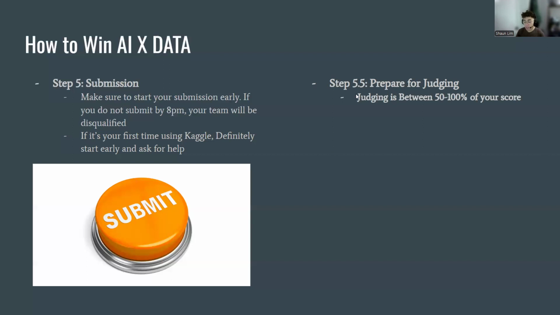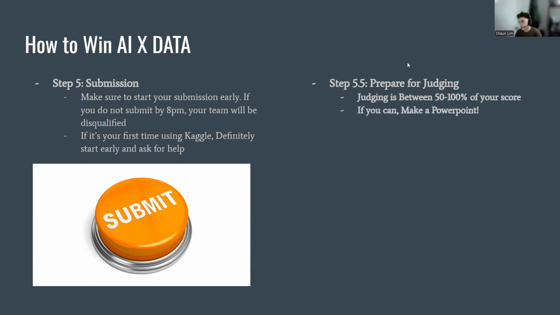Because if you didn't know, depending on which pillar you did, and this is some really important information, judging is going to be 50% to 100% of how we grade what you did. So judging is really important, especially if you want to win some of the prizes that we have. So you really should prepare for judging. If you worked hard on a model and your model is amazing, but then you have nothing to show for it, and you can't show your visualizations and stuff like that, that's a problem. I'm going to get more into what to show for judging in a second. But I just want to warn you now, judging is between 50% and 100% of your score, so it's really important.